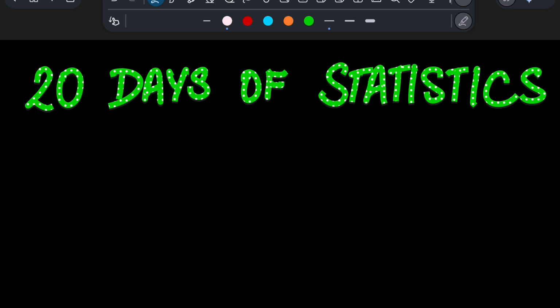But this raises an important question. If we take different samples, will we get different averages? And the answer to this is yes. And this leads to the idea of sampling distribution. Sampling distribution is nothing but the distribution of a statistic, usually the mean, calculated from many different samples drawn from the same population. Okay, so let me write this for you.